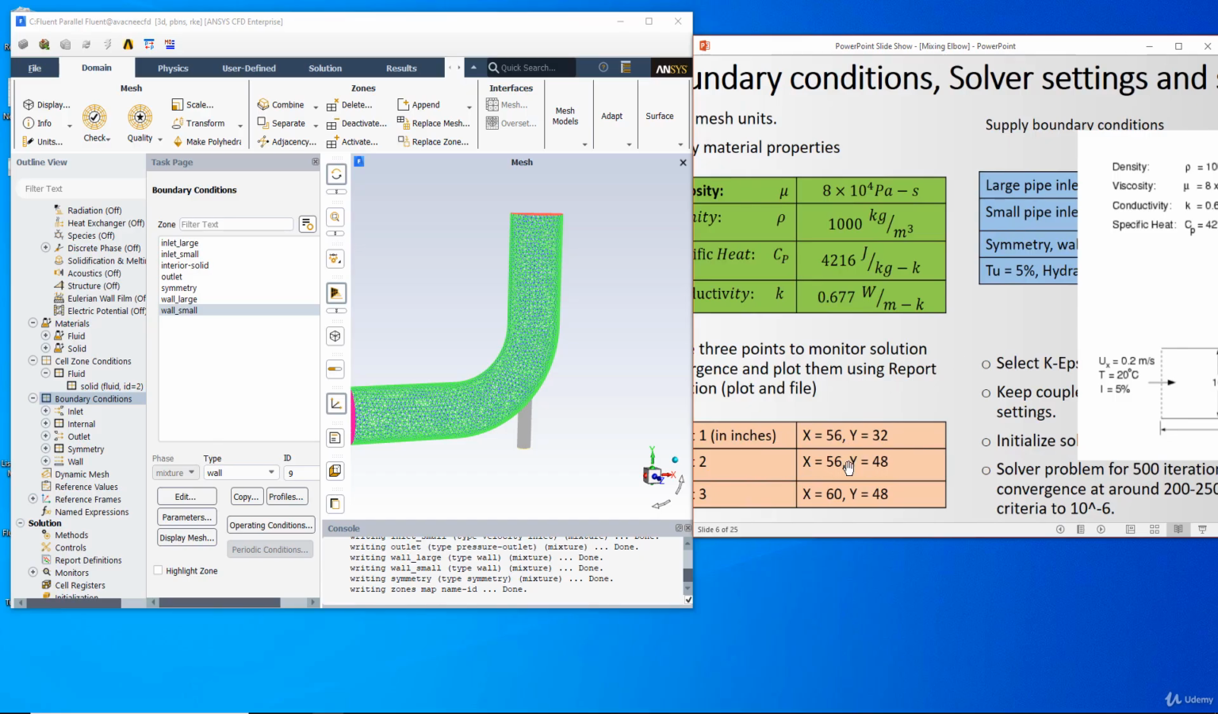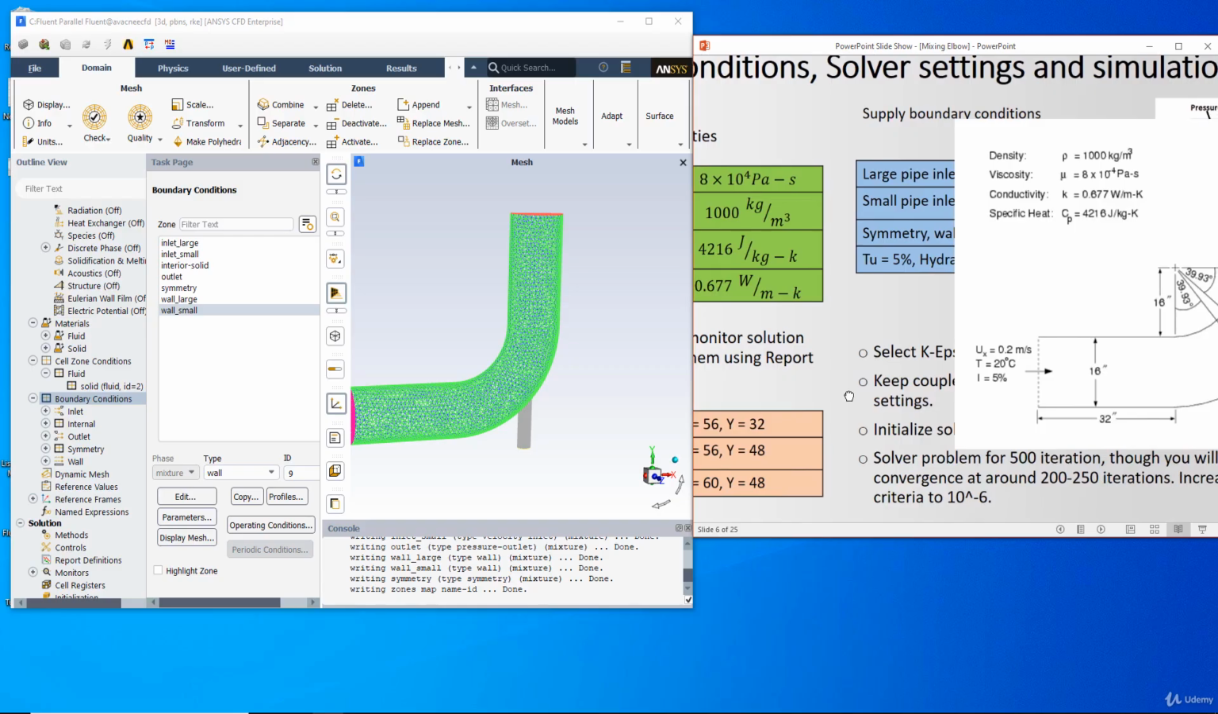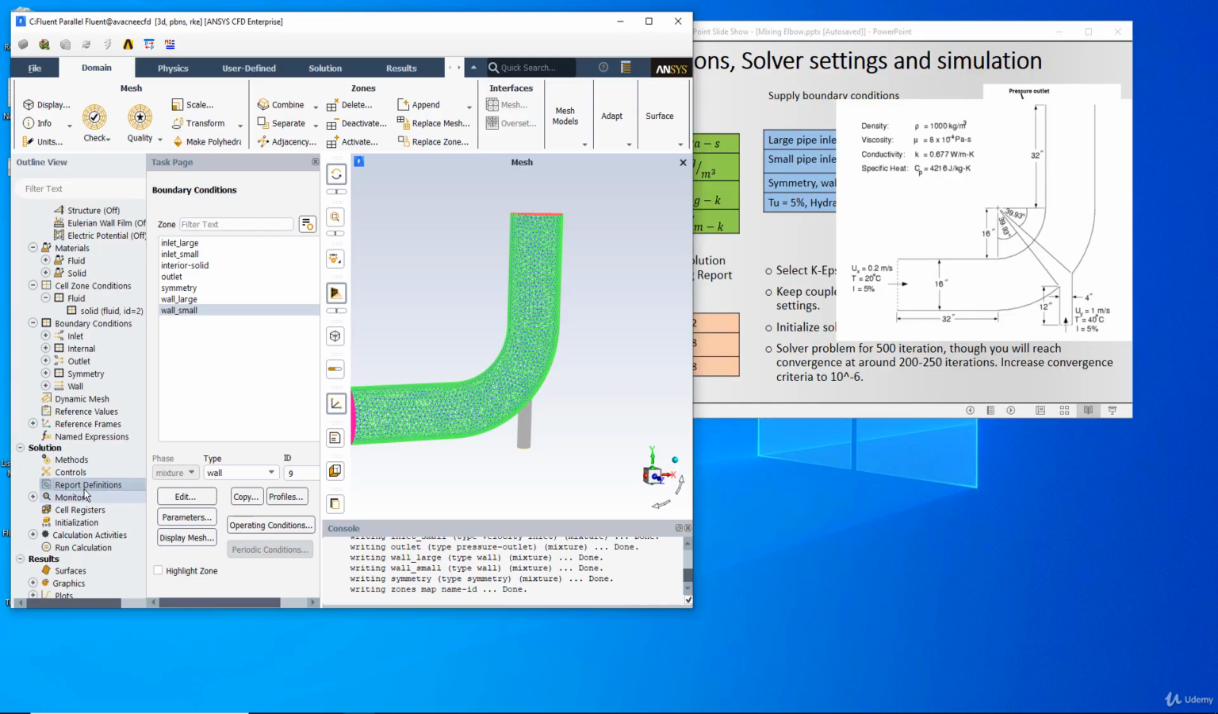and all these points are on the symmetry plane, that is, when z is equal to 0. I didn't plot these values at some other location, because the symmetry plane would be the best location to monitor these parameters. So here I'm going to create the report definitions,